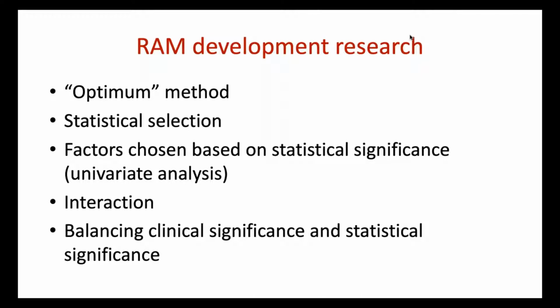These methods may lead to overlooking certain factors that appear non-significant or non-eligible in a univariate analysis, but may show a strong association at the multivariable level. Interaction is also a factor to consider, yet it is often overlooked. In reality, assessing all potential interactions and choosing variables accordingly is essential. Others have attempted to find a balance between clinical and statistical significance by building on what is known in clinical practice and on the research done in the field.